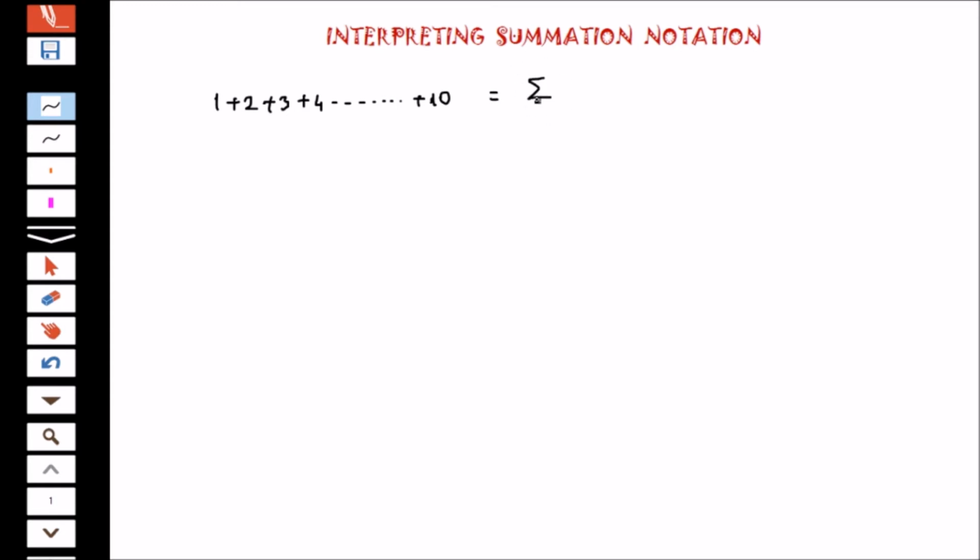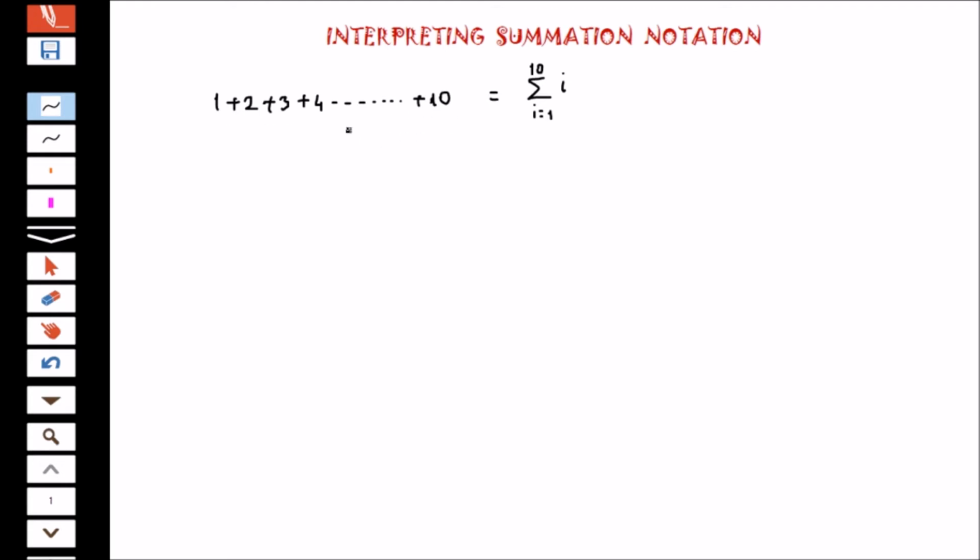Sigma means addition or summation. I need to use an index number. Index is i and I will start with 1. The last value is 10, so this will be 10. And I would like to add numbers 1, 2, 3, 4 and until 10. So I have to write here i, because if i is 1, then I will write here 1. If i is 2, it will be 1 plus 2. If i is 3, 1 plus 2 plus 3, and I will get at the end